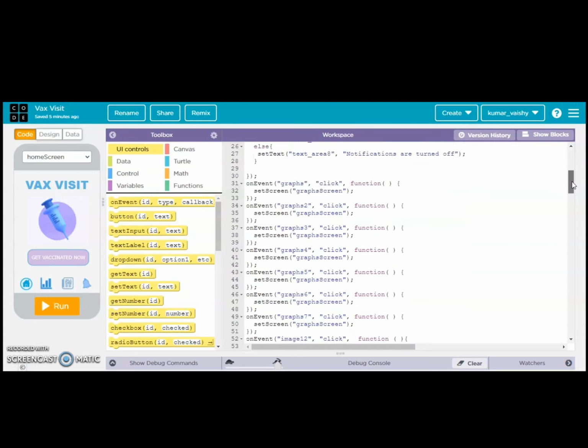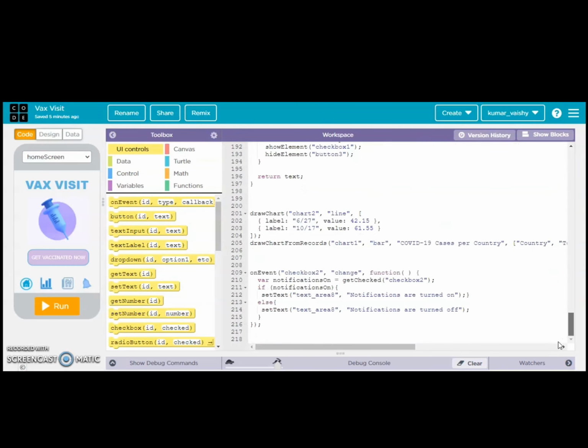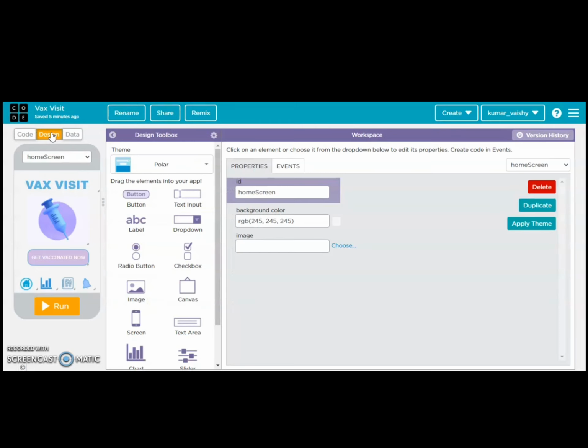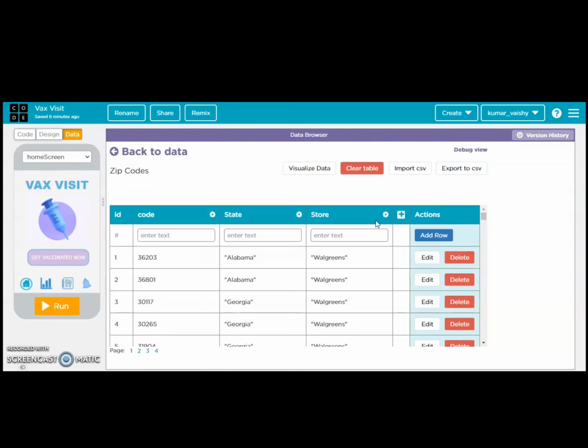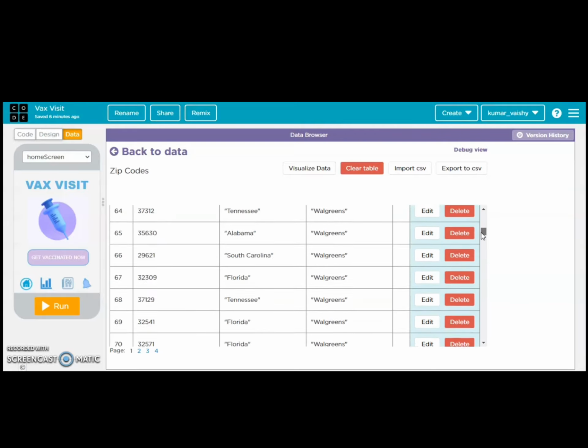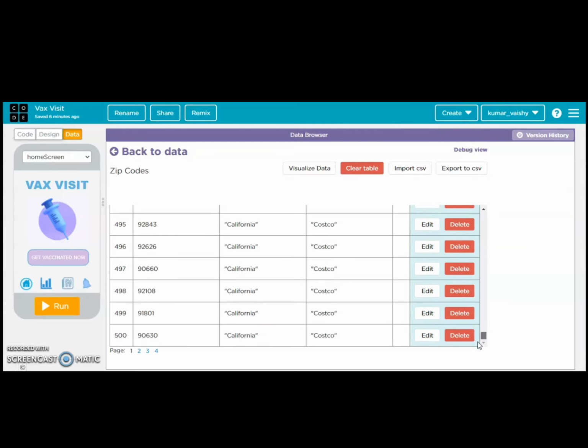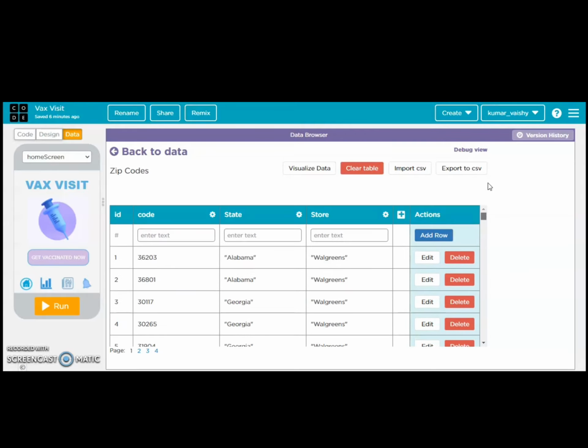I developed Vax Visit in code.org. I programmed in the JavaScript language along with some block-based coding. I used a design feature for the user interface, and I created a dataset with the various zip codes in the United States. The values for corresponding stores with available vaccine appointments are for demonstration purposes and will be updated